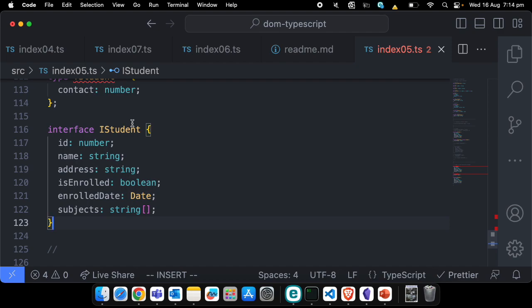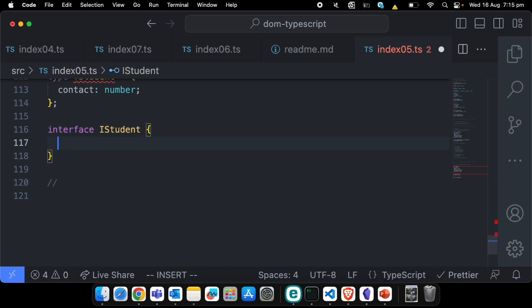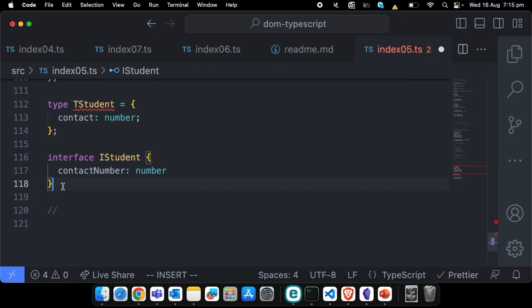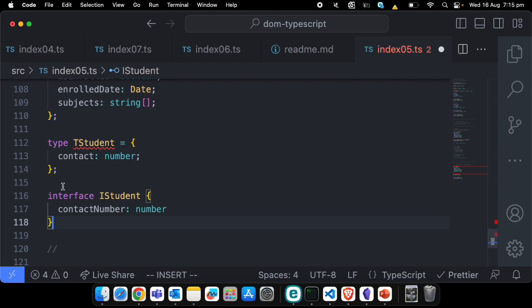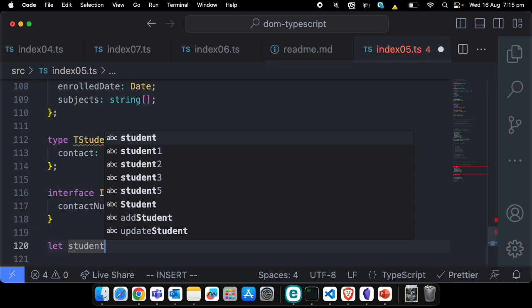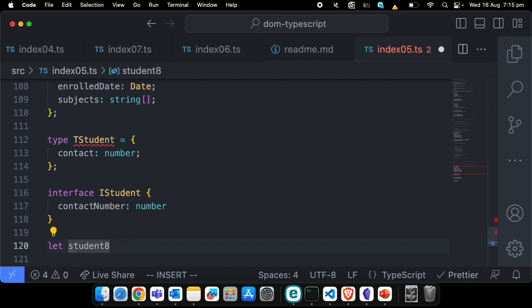So we can actually declare. So the declaration merging is about, now let's say contact number is number. What it does is, if I define another interface with the same name and have some new types, it merges those two interfaces. So if I come here and say let student 7 or 8 is iStudent,